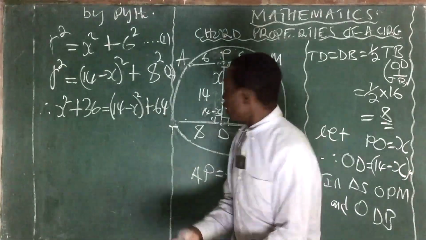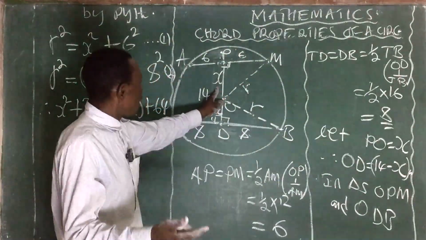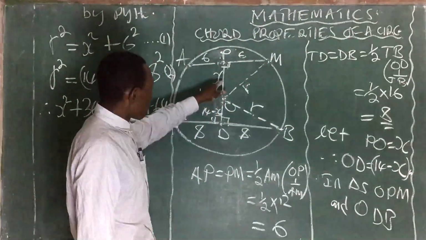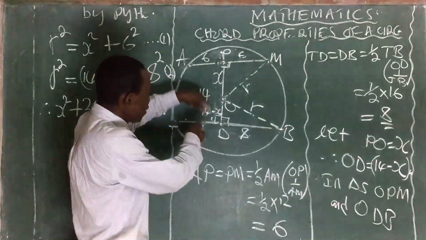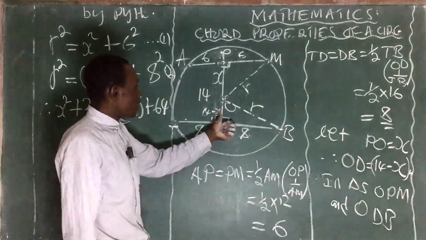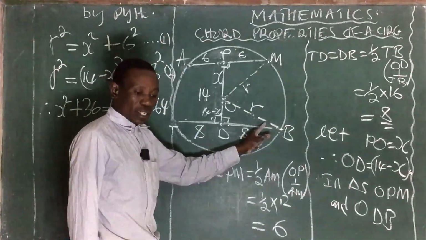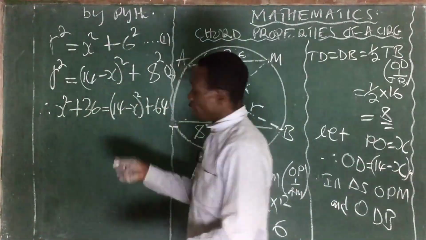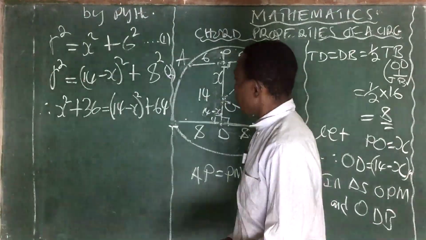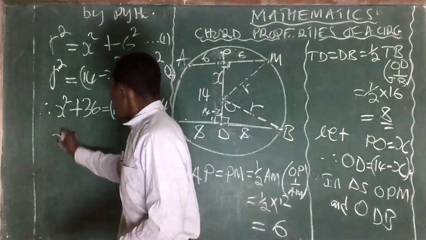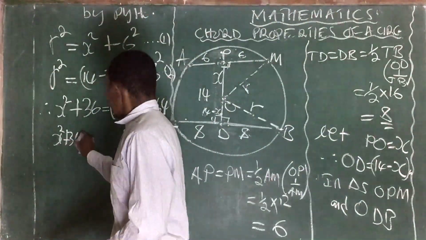The x you find, you are going to substitute here. And at the end, you use the value of x for this one and that one, or else in this triangle, 14 minus the value of x and 8, you'll be able to find the value of R as such. Right. So, to move quickly here, what we have here is x squared plus 36 here is